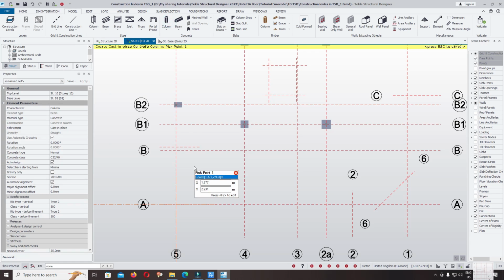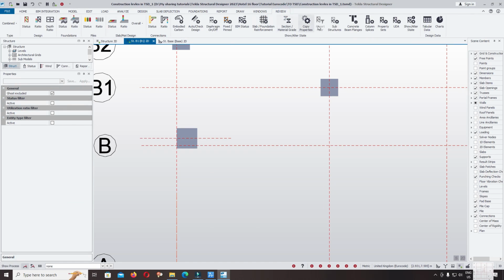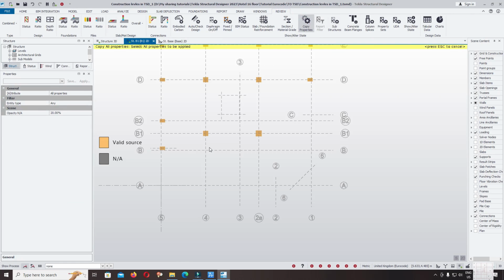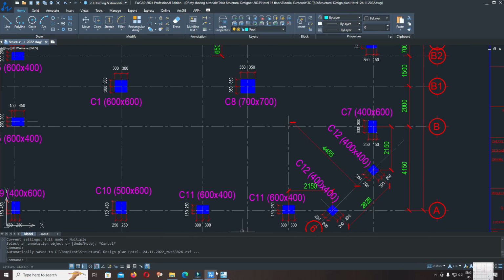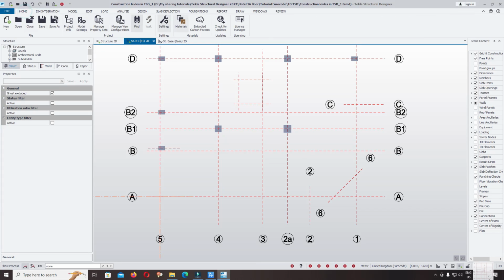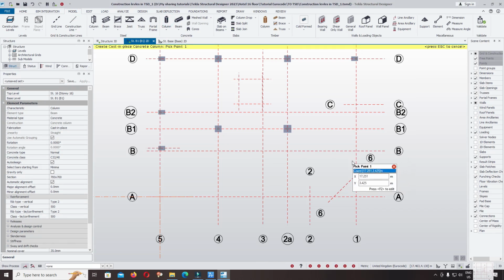Now I want to use different technique. Click, review, copy, click. In the modeling, I want to show you step by step from the scratch how you can model and how you can correct the mistake. 400 600, we can do the same. Home, model, column,